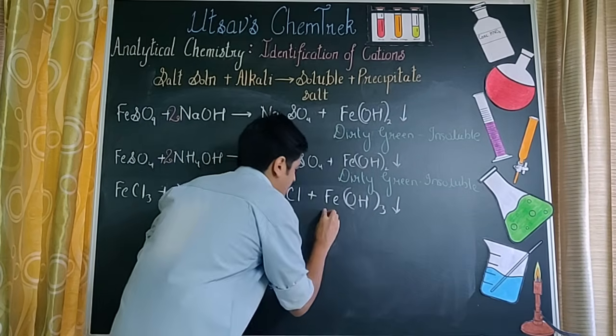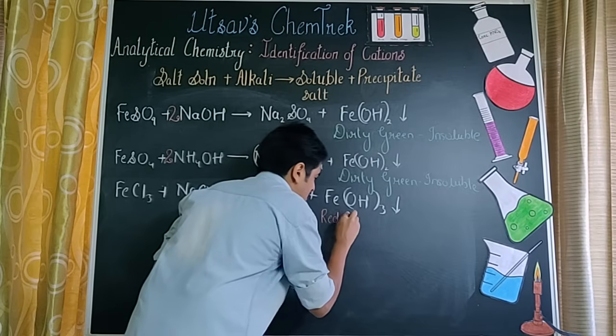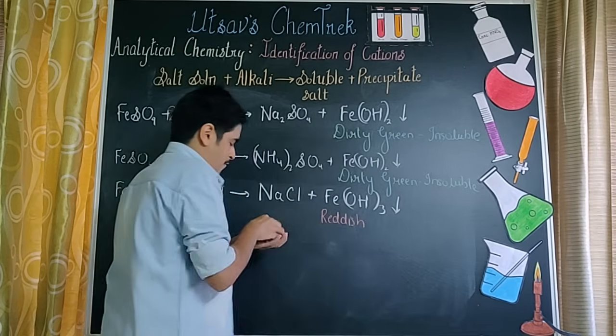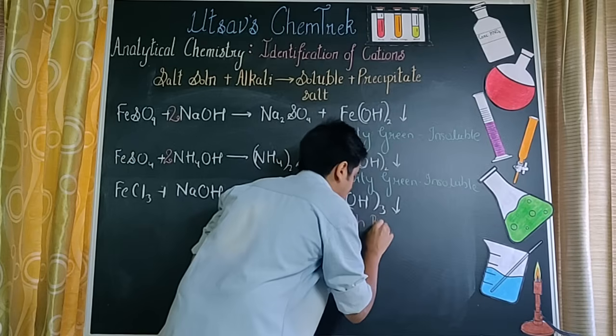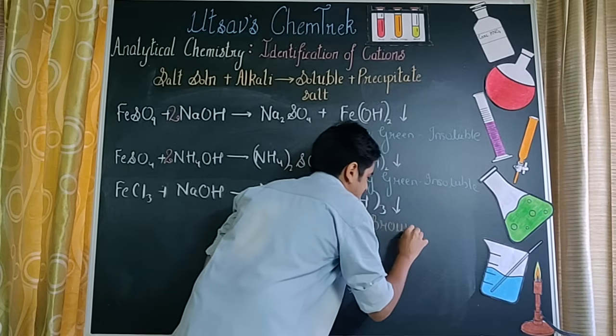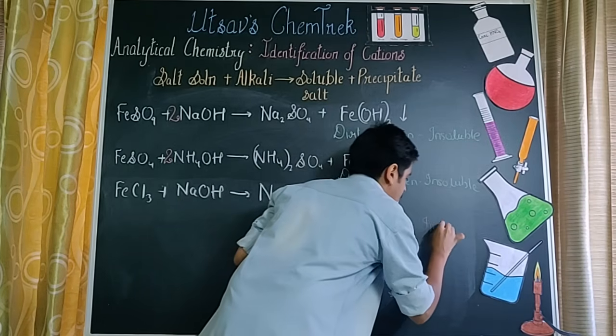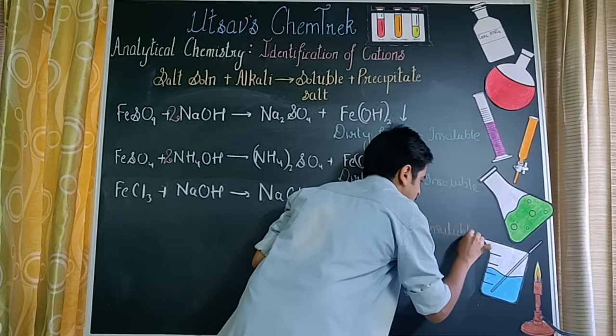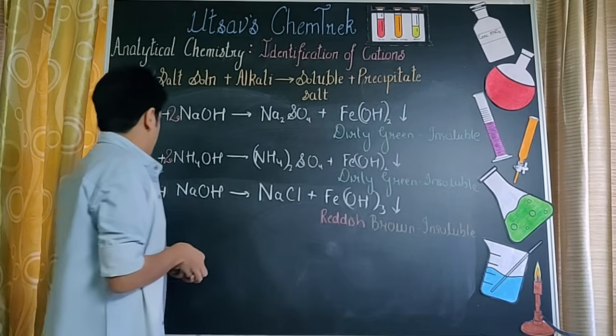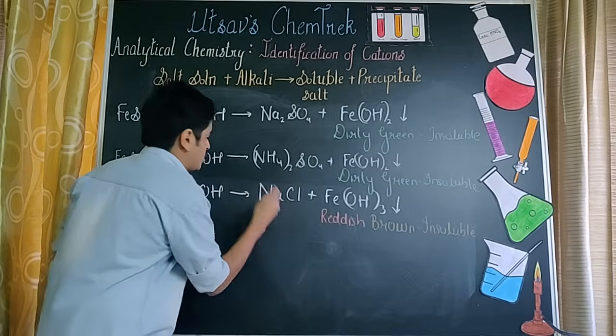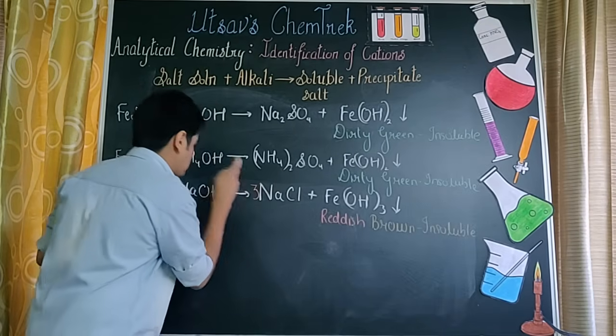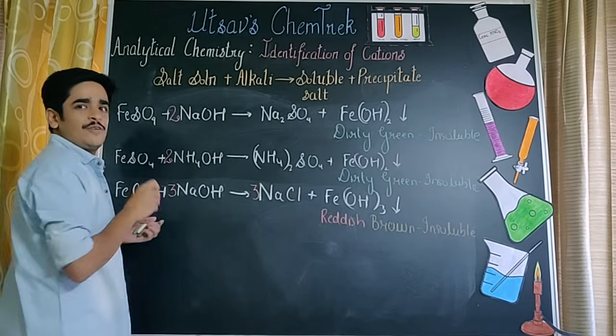Color to be very specific, please have a look. It's going to be reddish followed by brown, so it's reddish brown, and yes, it's supposed to be insoluble, मतलब dissolve होने वाला तो नहीं है. फटाफट बैलेंस कर देते हैं. Here we have 3 of chlorine, there we have just 1, so we have 3 here. 3 सोडियम है, 3 सोडियम को बैलेंस करने के लिए here we have 3.